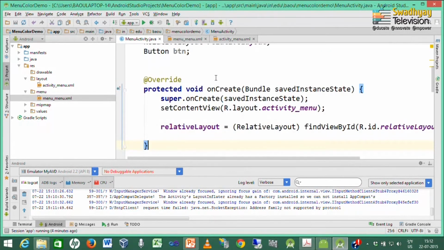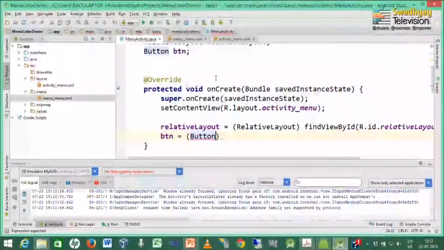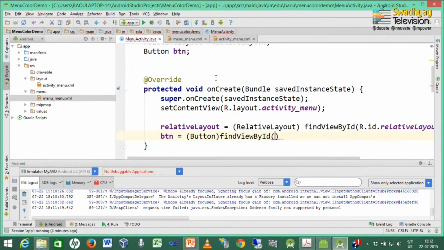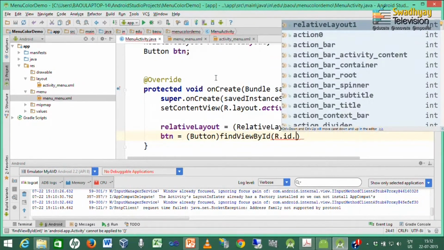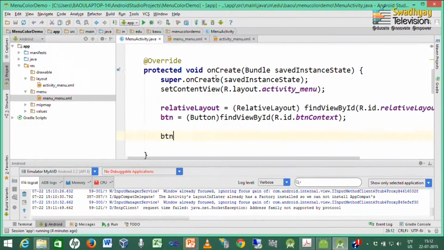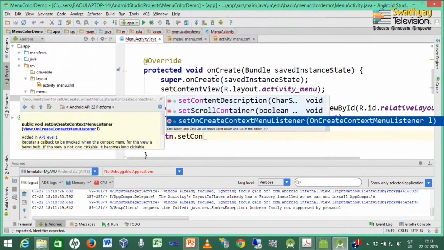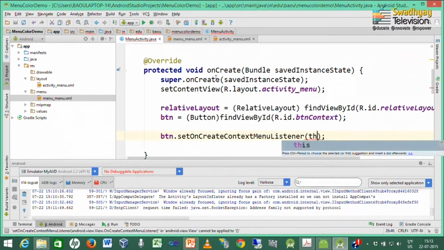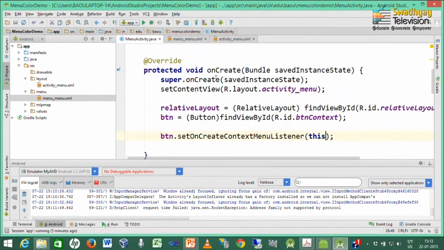We can take the reference of this button inside onCreate. Our ID is btn context. Now, I write btn dot setOnCreateContextMenuListener, and here I write this.